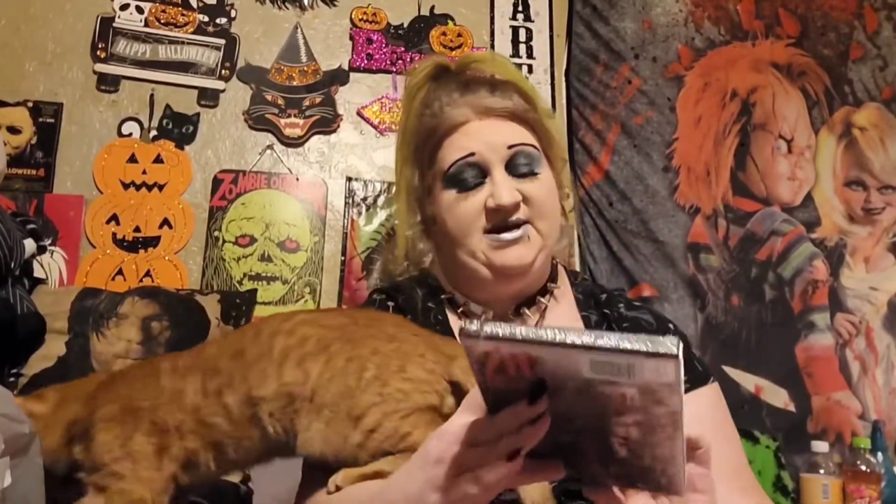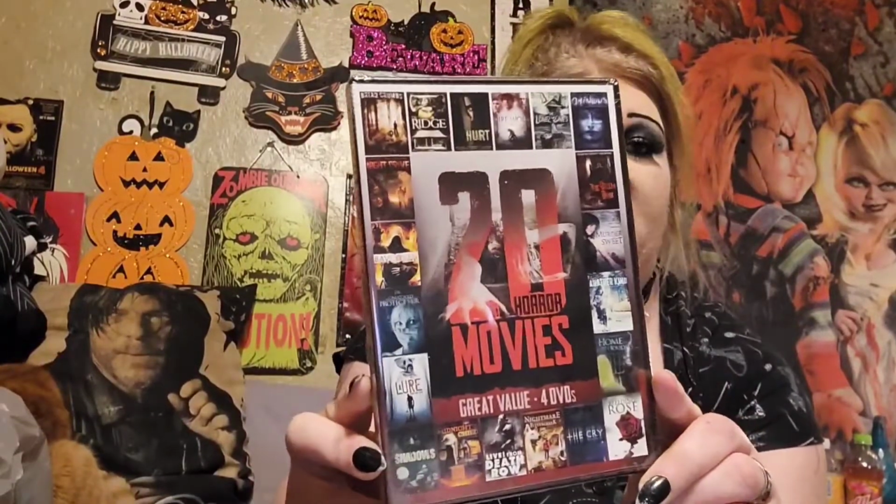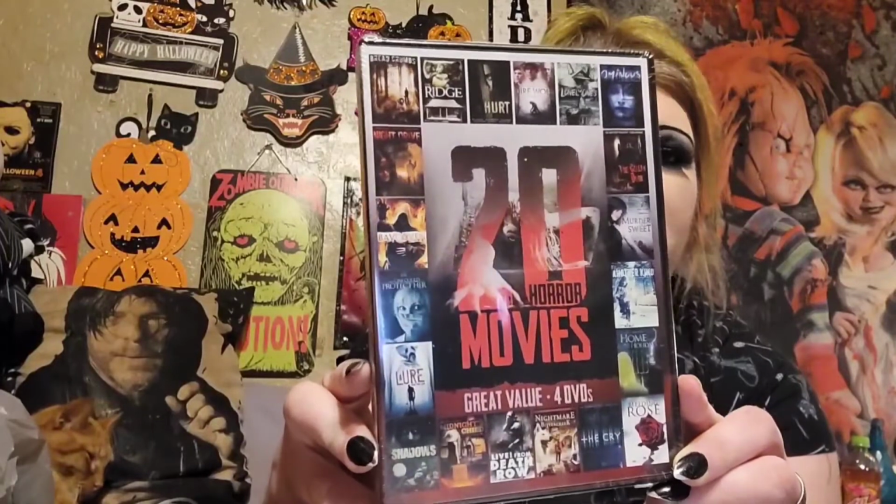And then I found this 20 horror movie 4 DVD set, which I honestly think I already have all of, these except for maybe 1 or 2. But there's a chance I actually already have all of these. And I'm not going to read off all of the titles. So, I'll try to...